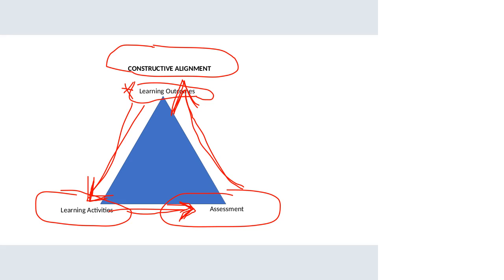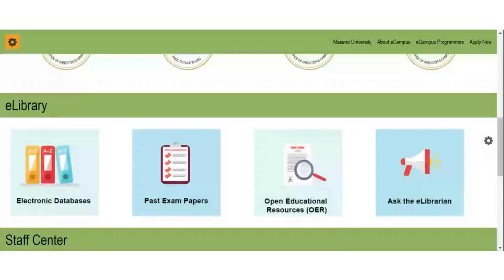That's a good discussion. And I want to share that at the eCampus, we have an e-librarian. She's called Rosemary Obat. And Rosemary has been building the electronic databases to which Maseno subscribes. She's also been building the database of open educational resources. So I wish to ask the lecturers from your school to visit the e-library. And we also have a forum where you can interact with Rosemary. So if it is an ebook, and I've seen she's doing this a lot with the lecturers from public health,